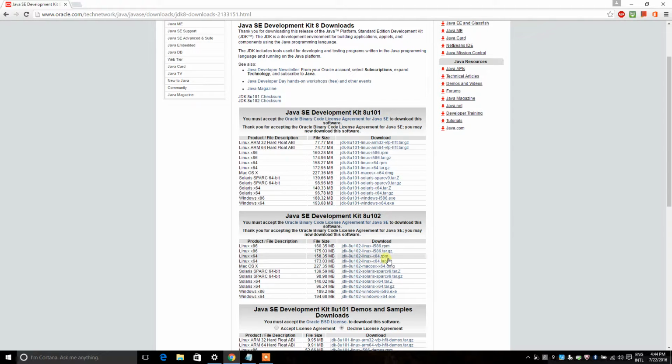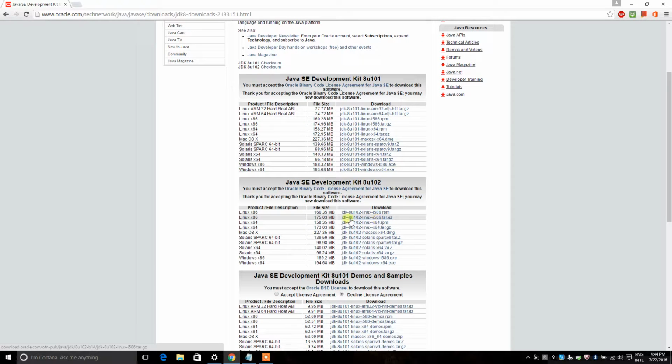So this is Java Development Kit 8u101 and this is Java Development Kit 8u102. But obviously, we will download the 8u102 version. If you are working with a 64-bit operating system, go for Windows x64, or else go for Windows x86. x86 is for a 32-bit operating system. So I have 64-bit, so I will go for 64-bit. It starts downloading, but I have previously downloaded the file, so I don't have to download it again.